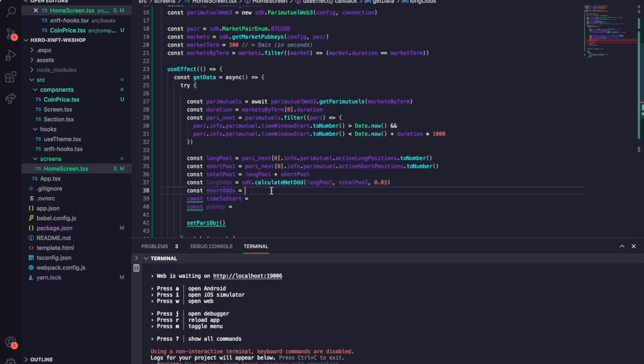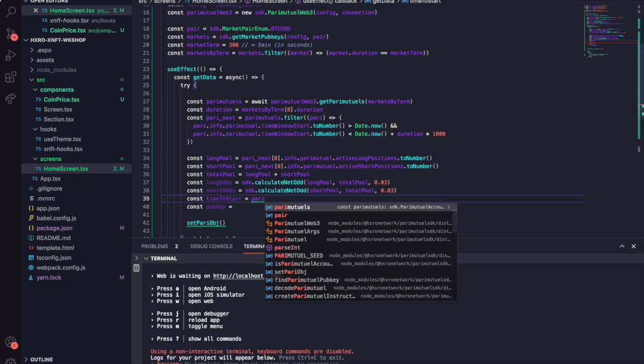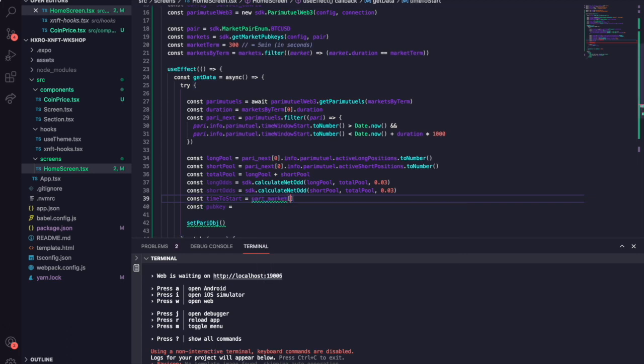So let's just put that at 0.3 for now, just to calculate the odds. We can do the same thing for the one down below. Let's change this to short odds. Short pool, sorry. Nice. Then time window start is just